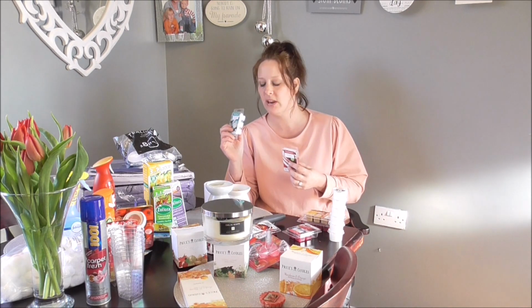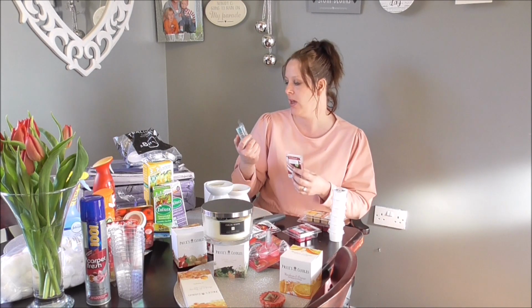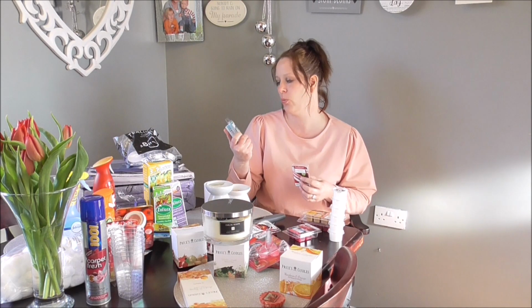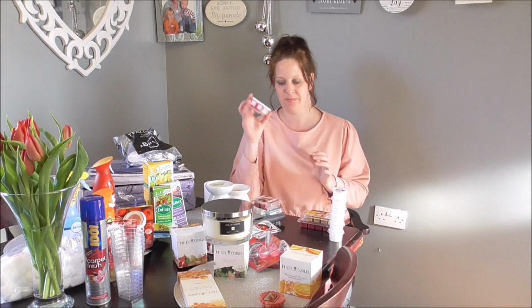I actually use mine literally all day long, so after a couple of days the scent does go, but that's more because I'm overusing them. So we've got Ocean Tides, Wave Crashing Clean. We have Raspberry Vanilla, and this smells absolutely lush when it's lit. It really is a lovely, lovely flavour, as I call them. We've got Bubbly Berry Bliss here, and there's honestly absolutely tons and tons of fragrances you can buy in the